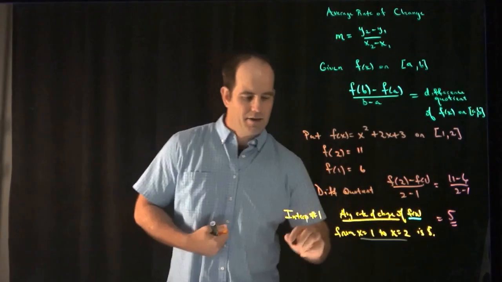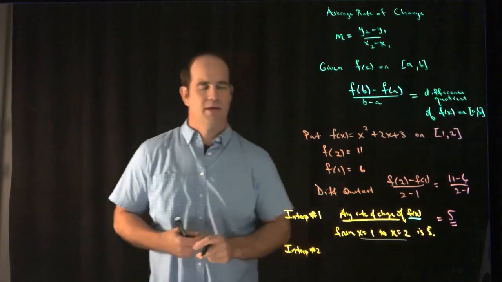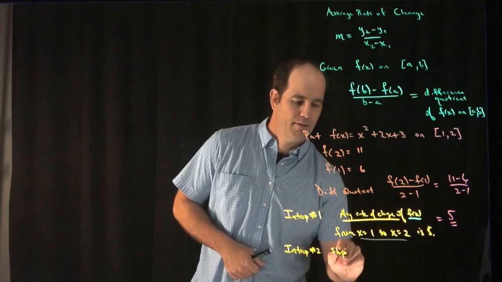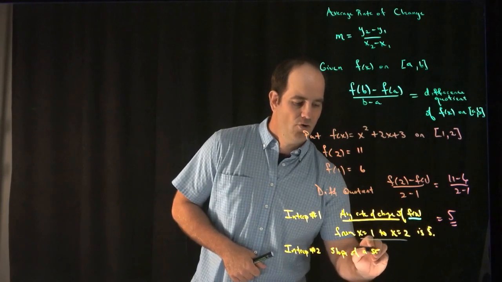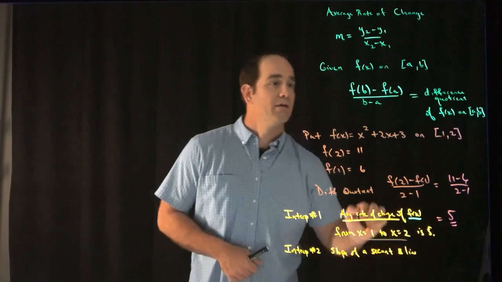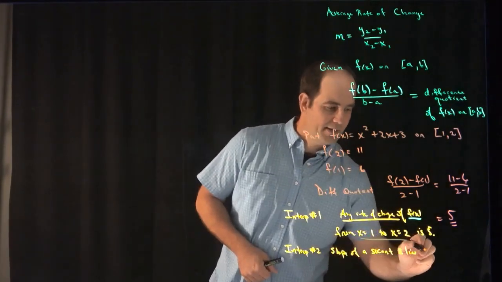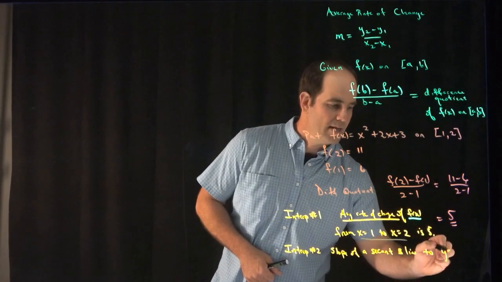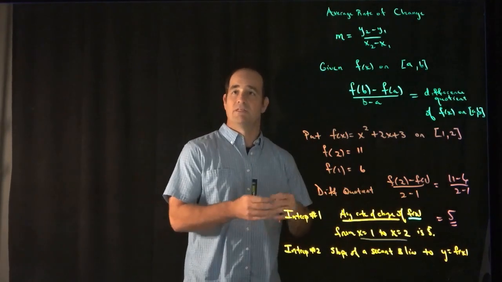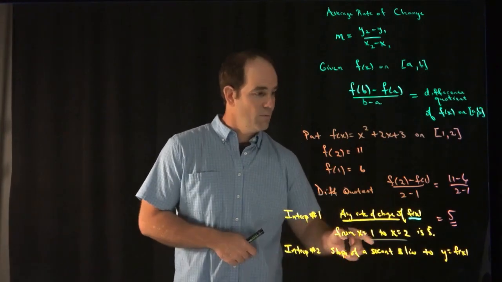Okay. Another interpretation is more geometric. This has to do with what we call the slope of a secant line. Hopefully that's not a surprise, because remember, this is built on a formula for slope. So the slope of a secant line to y equaling f of x. So if we're going to talk about a secant line, we need to know what it's going to be touching, on what graph is it going to be crossing. So the slope of a secant line to y equaling f of x